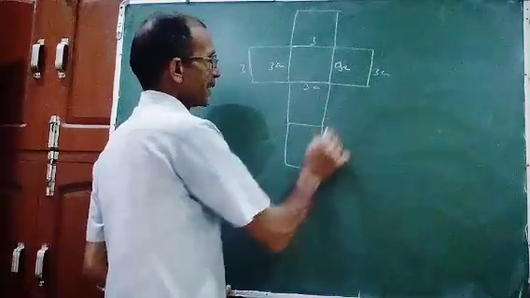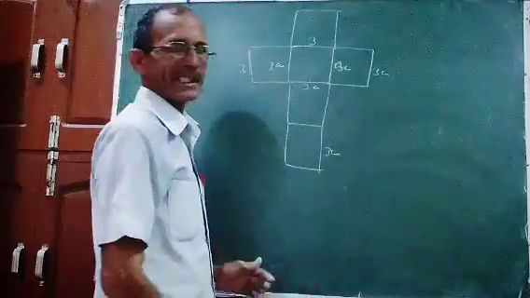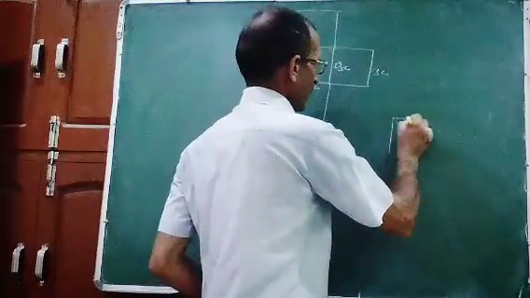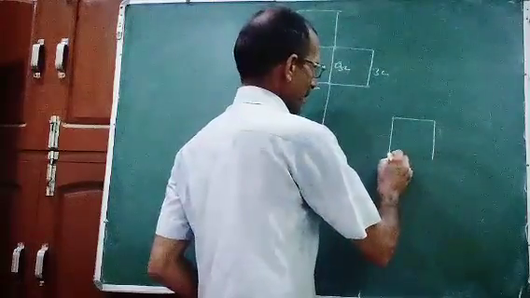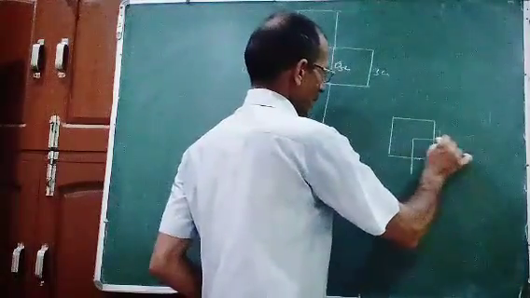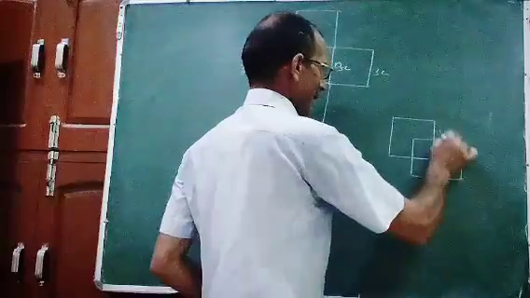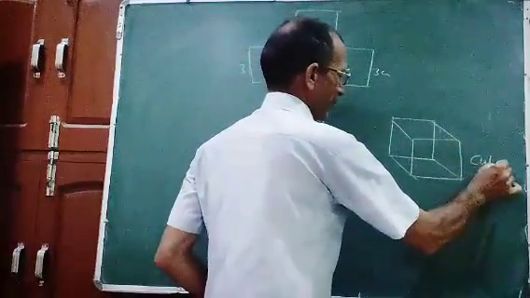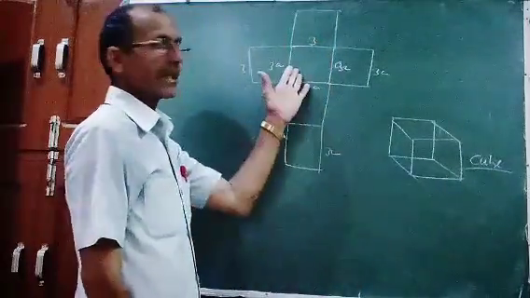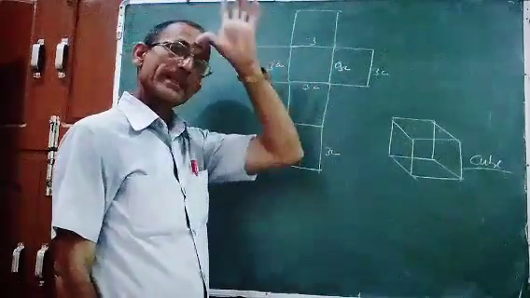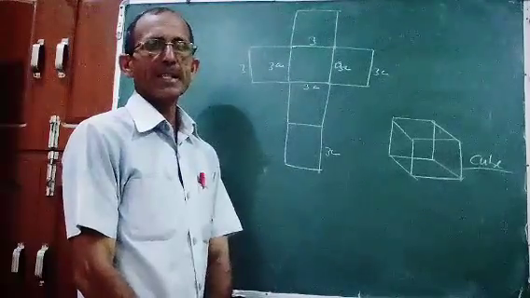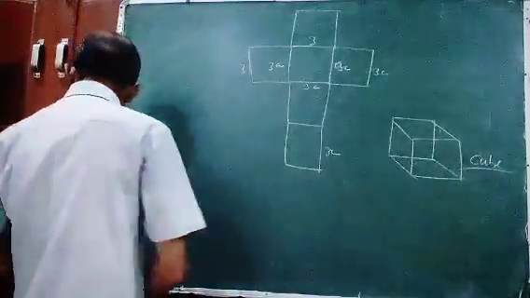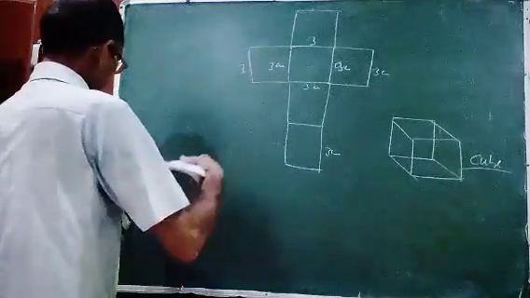This also 3 centimeter. If I fold it, after folding I will get this shape whose faces are square and whose side is 3 centimeter. It means a cube. So this is the net of a cube. Have you understood? So we have to prepare the net of a cube. Next, some questions related to net.